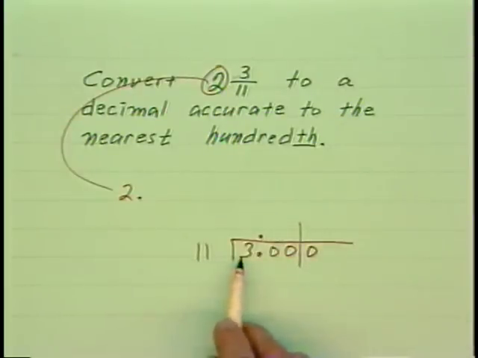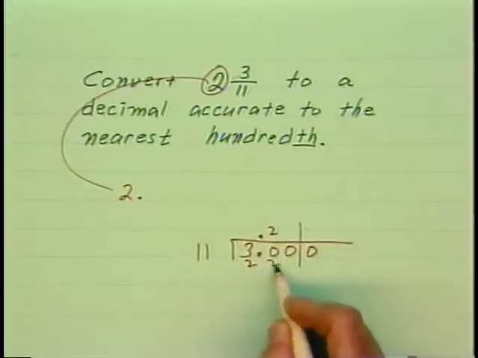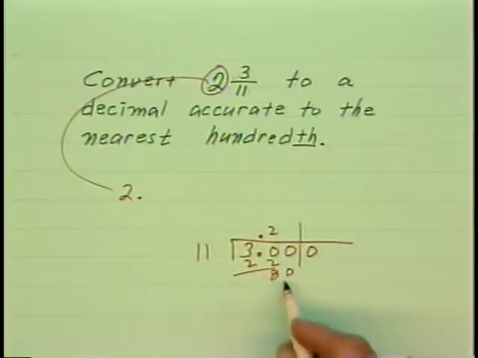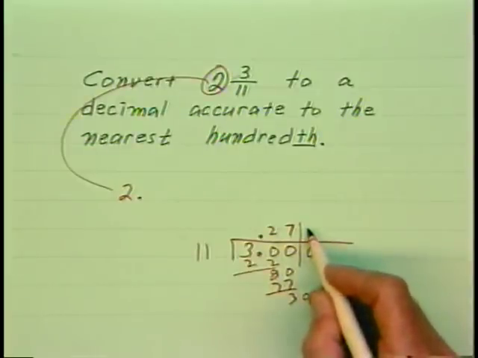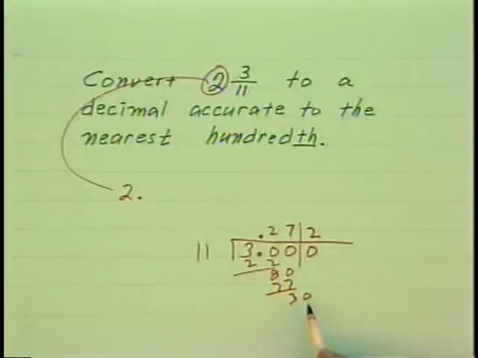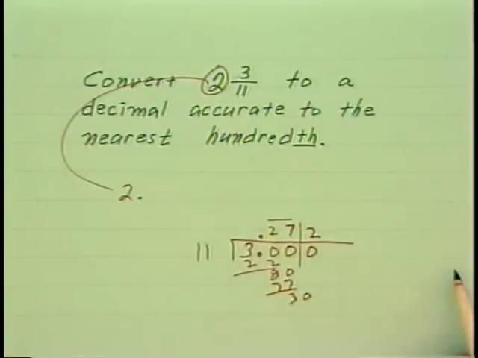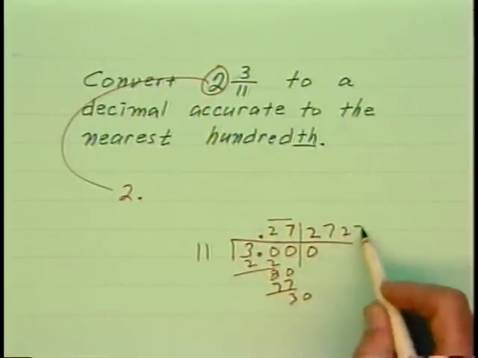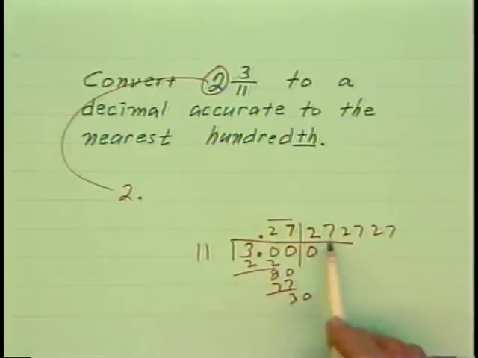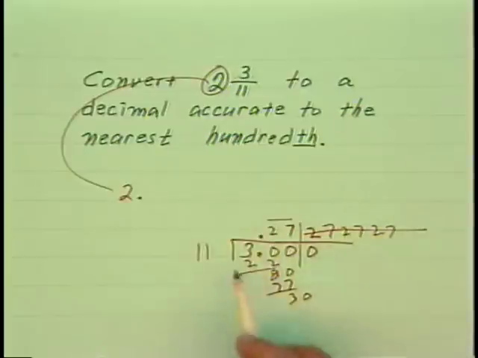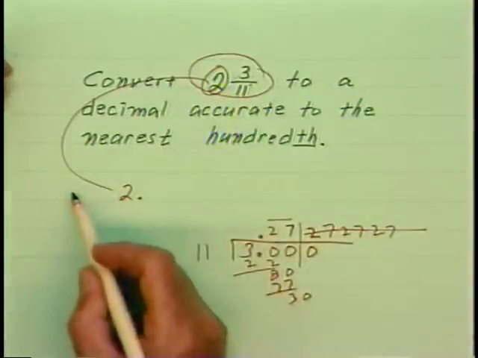So let's see, 11 into 30 is twice, 22, 8. 11 into 80 is 7, 77, 3. 11 into 30 is twice. And at this point, you can see I got 30 here, then 80. I've got 30 here and 80. So in fact, it's the 27 that's going to repeat. But in fact, we want it only to the nearest hundredth. The digit next to it is 4 or less, so I drop them. So this is approximately equal to